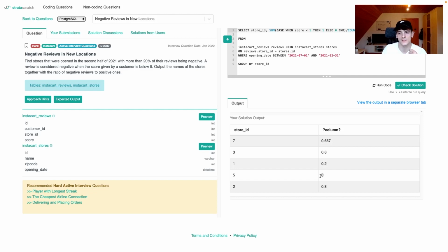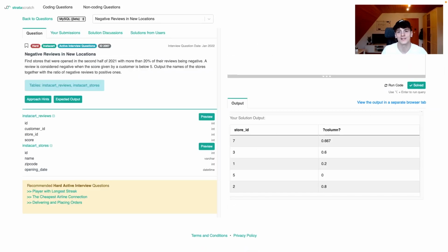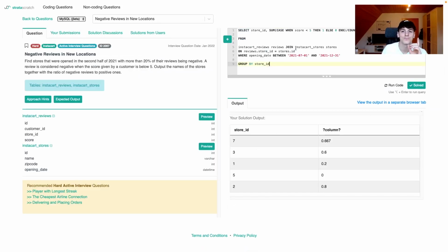So we have one that has 0% negative reviews. We have one that has 0.2. So that works. I think now, since the code is becoming a bit long and convoluted, I'm going to switch to MySQL because I can do the same thing more easily, quicker here. So instead of using a case statement, I could just reduce it to a Boolean statement,